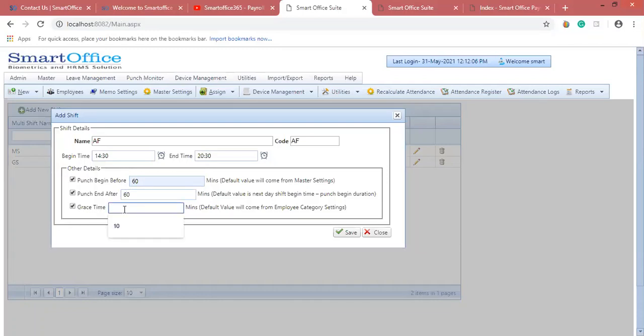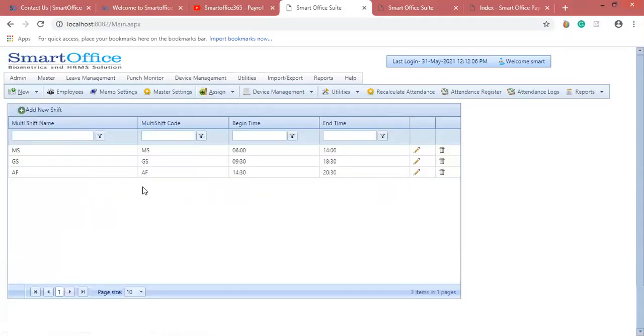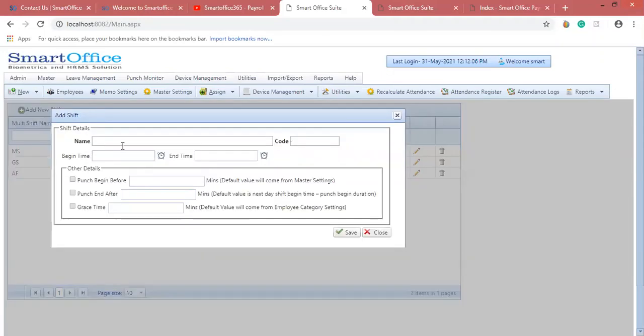So this multi-shift, you can go for when the employee stays for a second shift also, or when an employee does two shifts in a single day. So I have created multiple shifts here, and I'll be creating a night shift also, that is NS2.